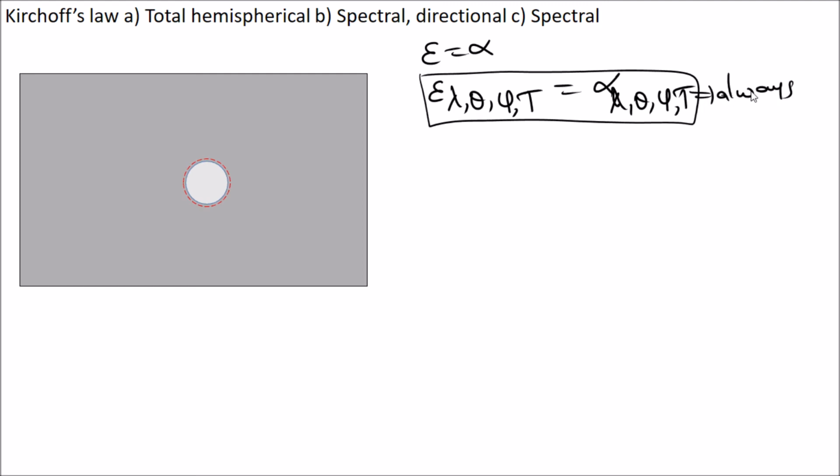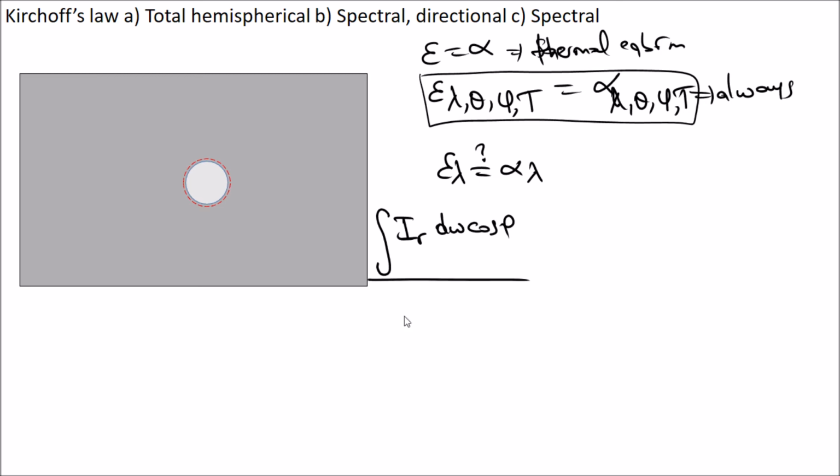Okay, and this one is for thermal equilibrium. Another thing is that epsilon and alpha are equal in spectral terms. You can check for it, and we know that epsilon lambda is equal to I of the real body, into d omega cosine phi, divided by I black body d omega cosine phi. So the question is, is it equal to the spectral alpha, that will be I absorbed,